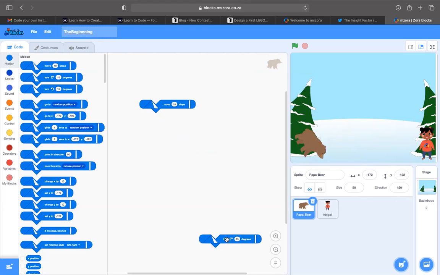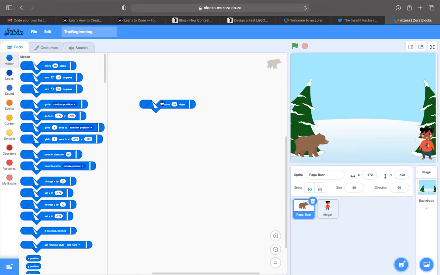So every time that we press on it, our bear turns by 15 degrees. And if I click on this one, it makes our bear turn 15 degrees backwards, all right? So you can randomly select what you want your bear to do, or you can randomly select different codes to see how that code is going to affect your program. What I want to encourage you to always do is that when you are coding, make sure that the code you are using makes sense to you.